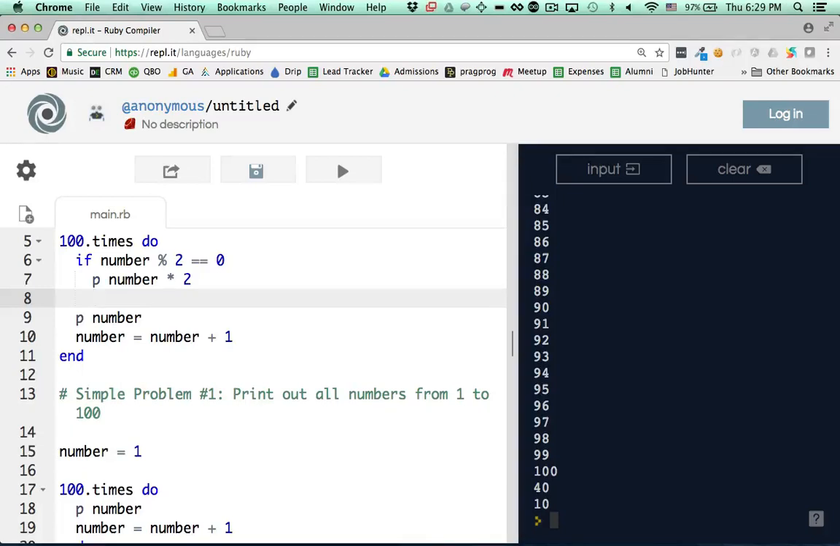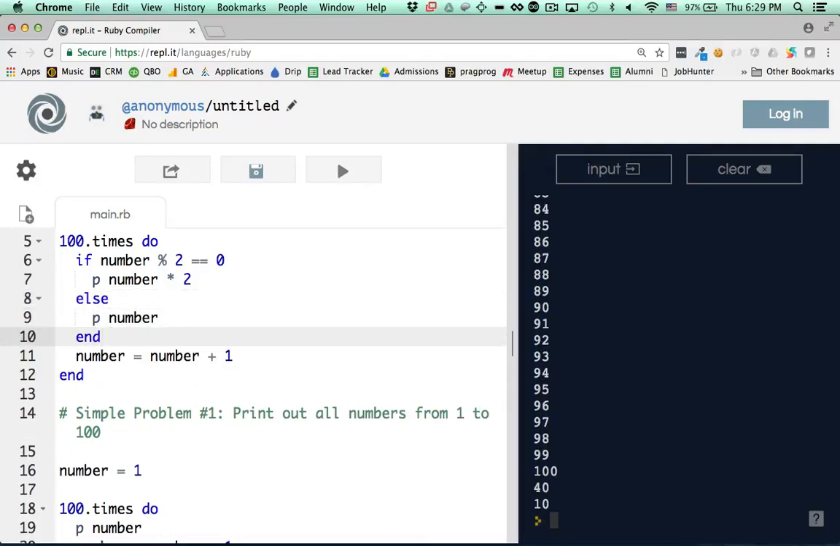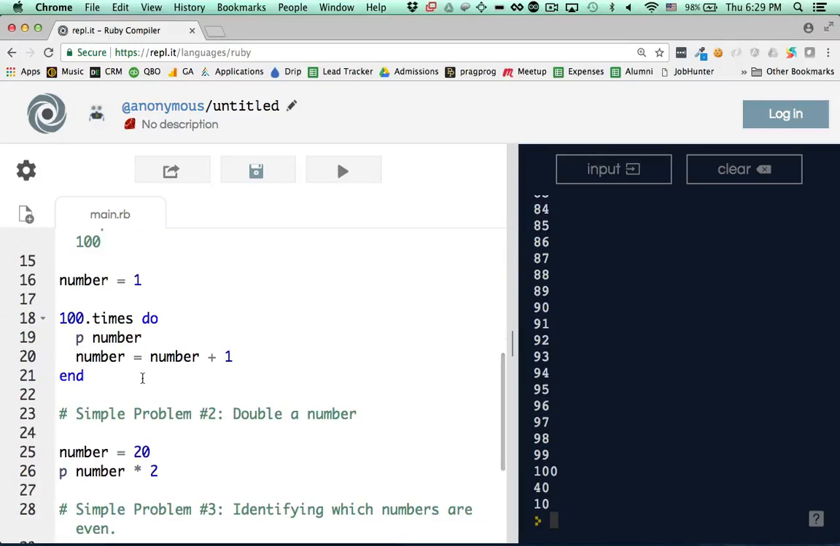So if the number is divisible by 2, then I'm going to print the number times 2. I'm going to print the doubled version of that number. Else, if it's not divisible by 2, I'm just going to print the number as is. And when running this code,